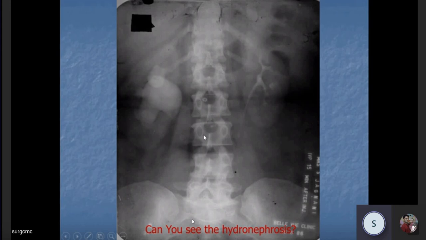So there is hydronephrosis on the right, and dye on the left side is going down. See the kidney level here, and here it is here. Dye is going down from the left side very easily. So on the right there is hydronephrosis. This kidney needs immediate intervention. You are putting 5-10 cc dye or even 20 cc dye via vein. How much damage are you doing to this already obstructed ureter and pelvis? Rather, to identify, what else can you do?